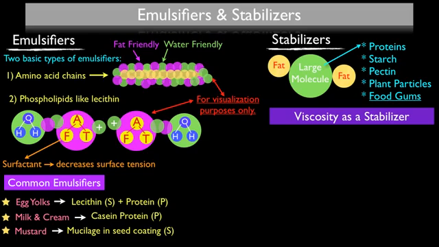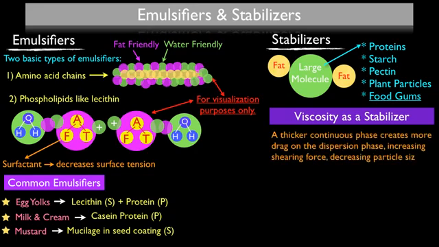But viscosity in itself during the emulsification process will work as a stabilizer, and how this happens is the thicker your continuous phase becomes, that thicker continuous phase will create more drag on the dispersion phase, which is going to be your fat in this case, which will increase the shearing power, which we use to break up our dispersed phase or our fat, which will decrease the particle size of the dispersed phase. And as we talked about in the last video, the smaller you can get your dispersed phase, the more stable